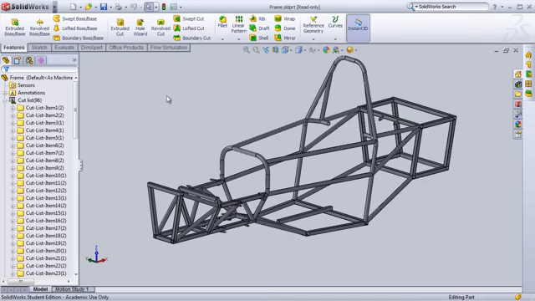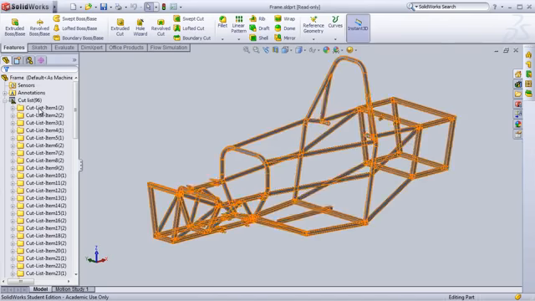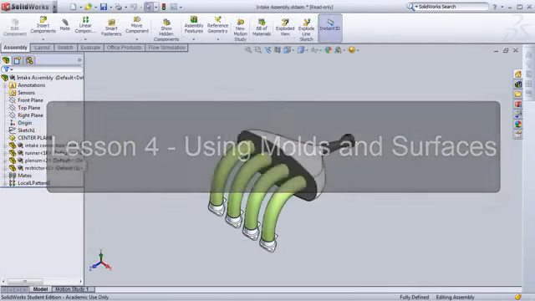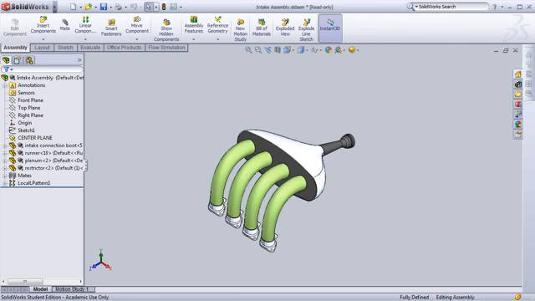Additionally, students will learn how to create a cut list based on the frame that they create for their vehicle. Using the cut list tool, students will be able to create drawings for each tube, which will allow them to construct their frame. In Lesson 4, students will learn about surfaces and molds using an intake assembly as an example